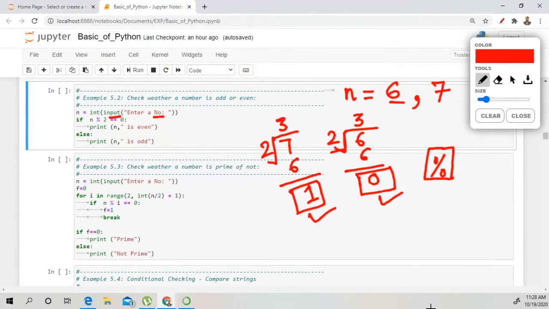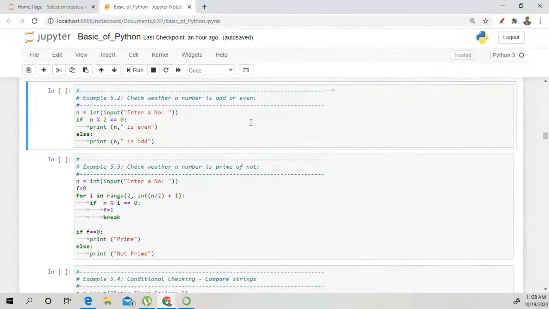Clear? So now this 6 is divided by 2, and we have to check whether it is equal to 0 or not. If it is 0, then we have to decide for even or odd. If it is 0, then it is called an even value, or if it is false, we have to call it an odd value. Okay. Any doubt till now about how the internal function of even and odd is performed using if and else? No doubt. Okay, so let's execute this program and understand.